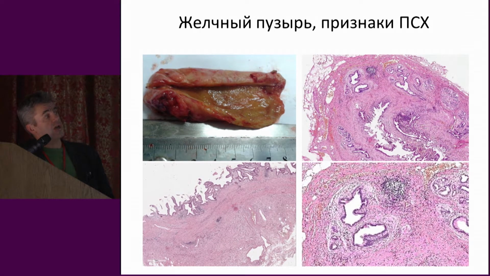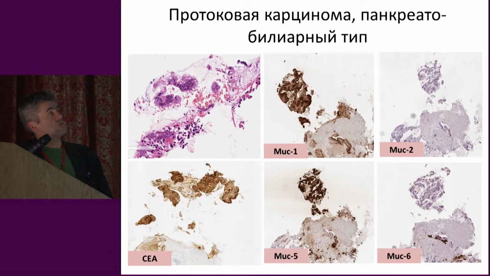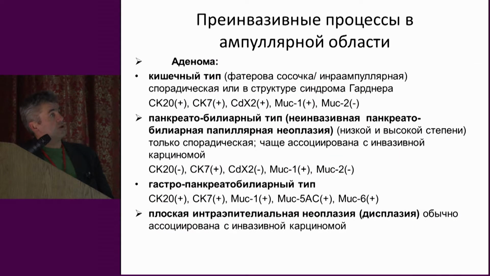And look here, in the wall of the gallbladder we saw foci which had a similar histologic structure to those alterations you saw in the liver, indicating that primary sclerosing cholangitis in this case is clearly confirmed not only intrahepatically but also along bile ducts. And the biopsy of the cell blocks makes it possible for you to clearly verify the